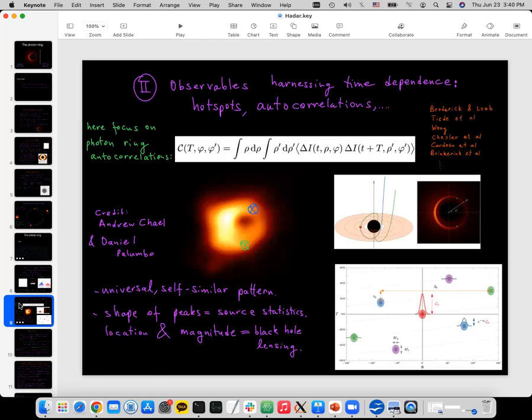Okay, a second method to detect the photon ring is by harnessing the time dependence of the situation. So,